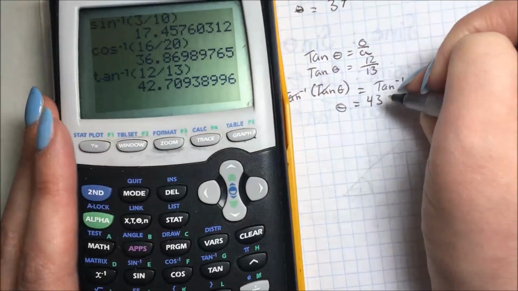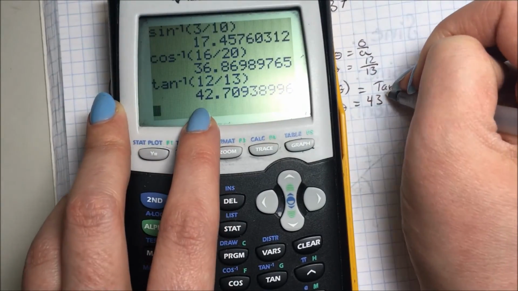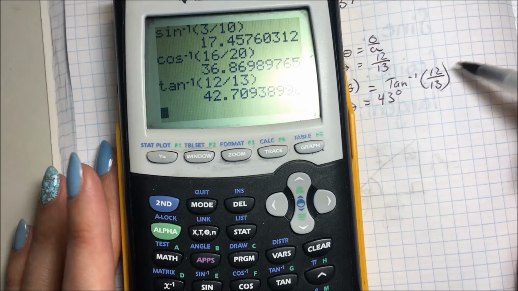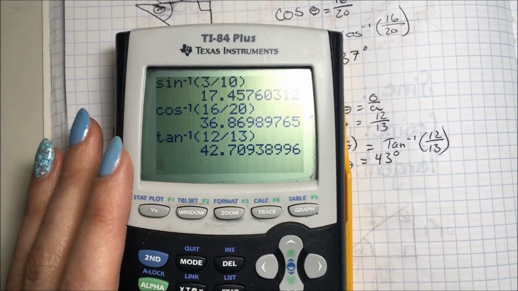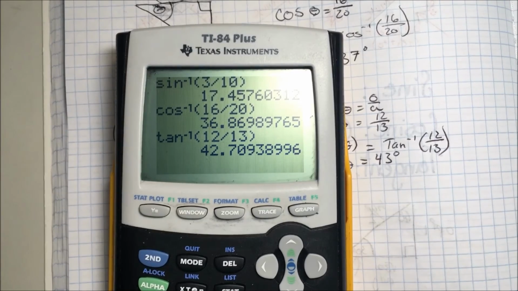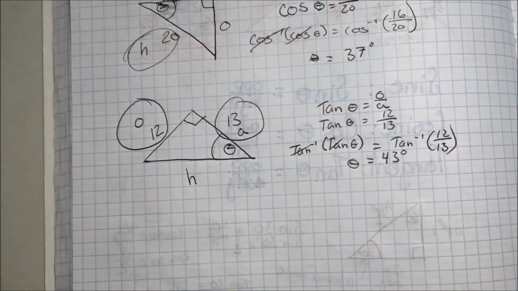And it's 43 degrees, by the way. One of the things I want you to notice is I'm not dividing these ratios, I'm just plugging them in as I see them. It's really best that we don't round until the end. So this was how to find